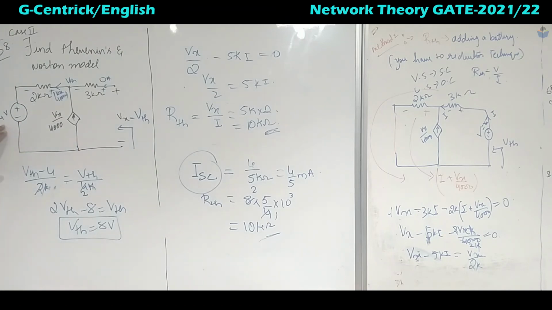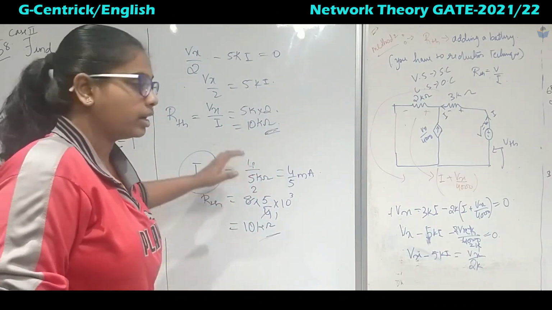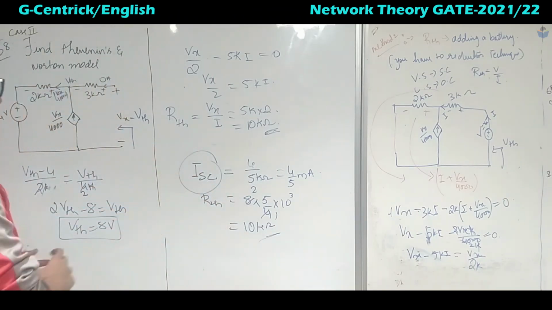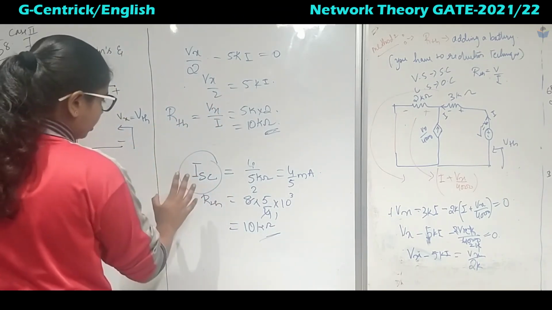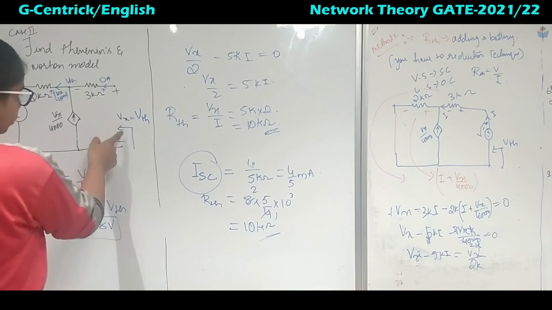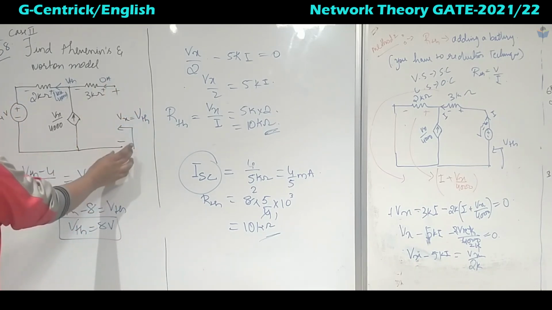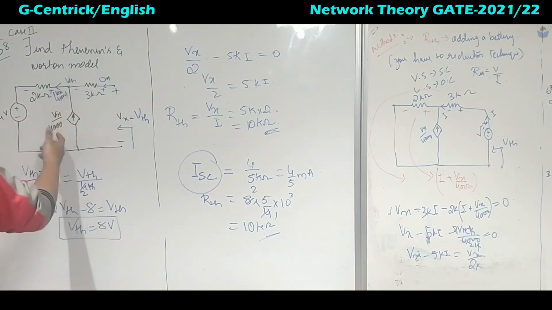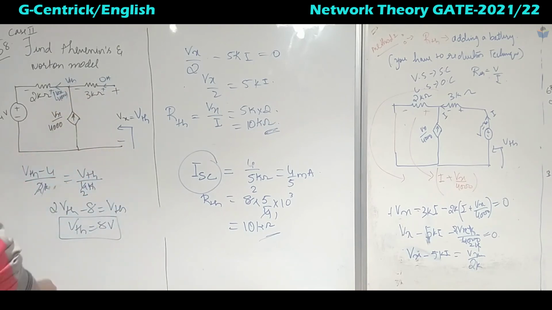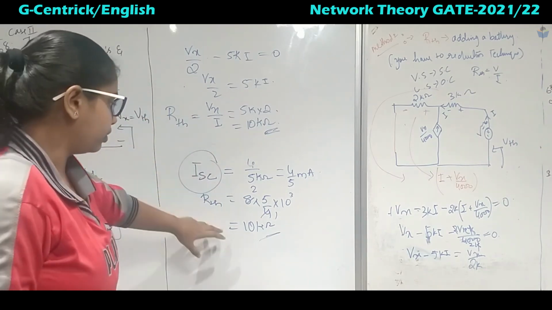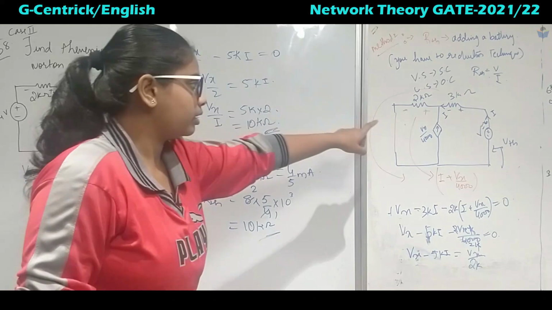So when it comes to the case of dependent and independent sources, which is case 2, you have got 2 ways to calculate R Thevenin. One, you do not have to add a battery and you do not have to disturb the circuit. You have to calculate using ISC. You have to short this terminal. So when you short the terminal, check if we have got 0 volt here, so that Vx will be equal to 0. So when Vx is equal to 0, this current source will be open circuit. Then you can take the equivalent voltage by equivalent resistance. Then you will get R Thevenin.